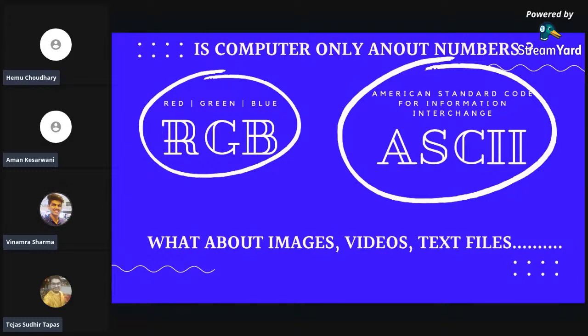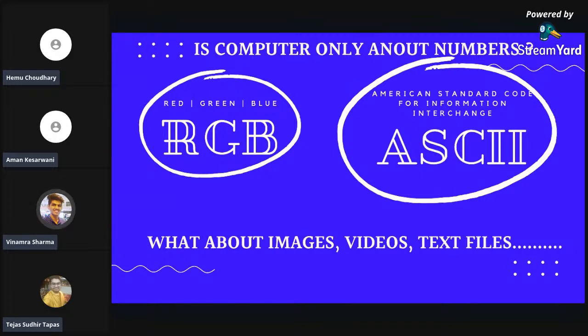So what happened at the early stage is that some of the genius people at that time, who were aware about the computer or who were learning about it, all came together and decided that a particular code, or you can say a particular number, is assigned to a particular character or a particular thing. That's why they provided the ASCII values to the different characters that are present.